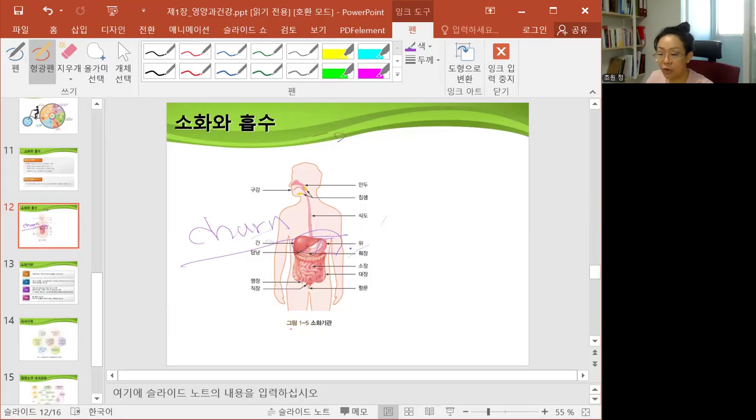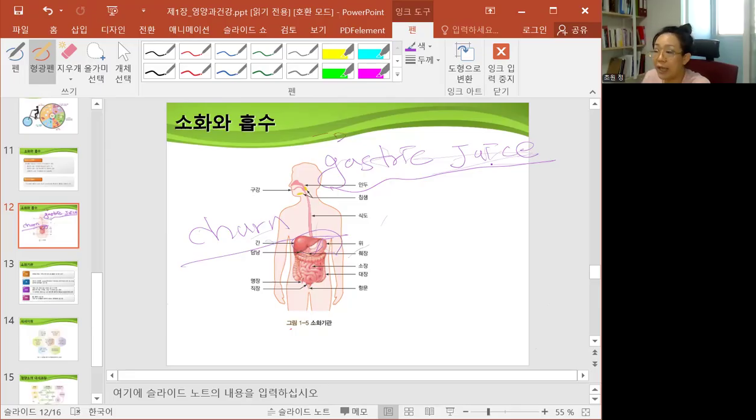It also secretes gastric juice. Gastric juice. This word is important. Gastric juice, which contains